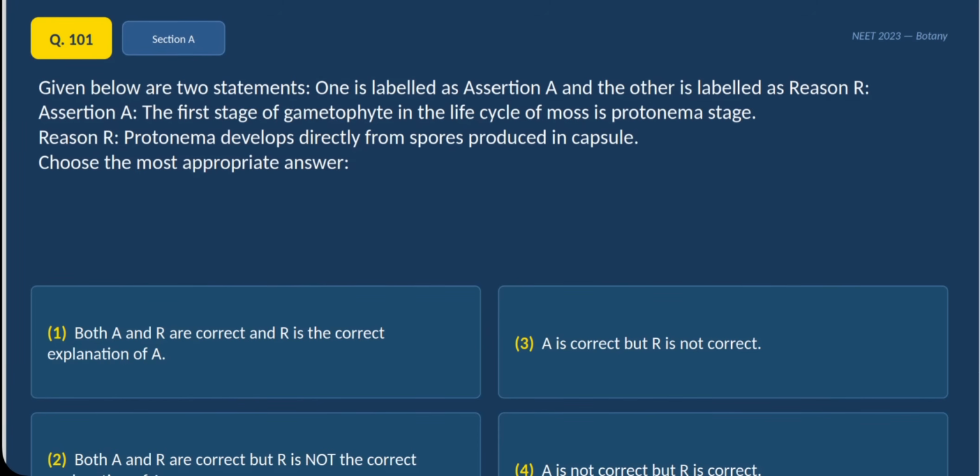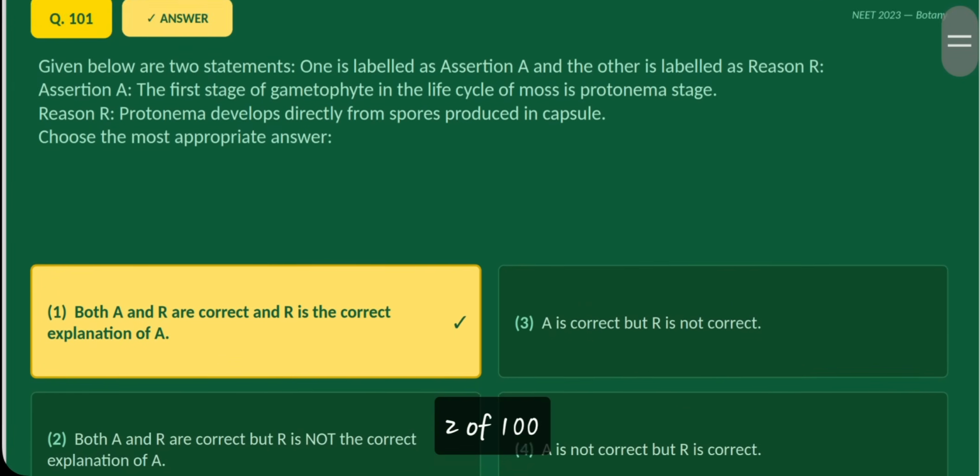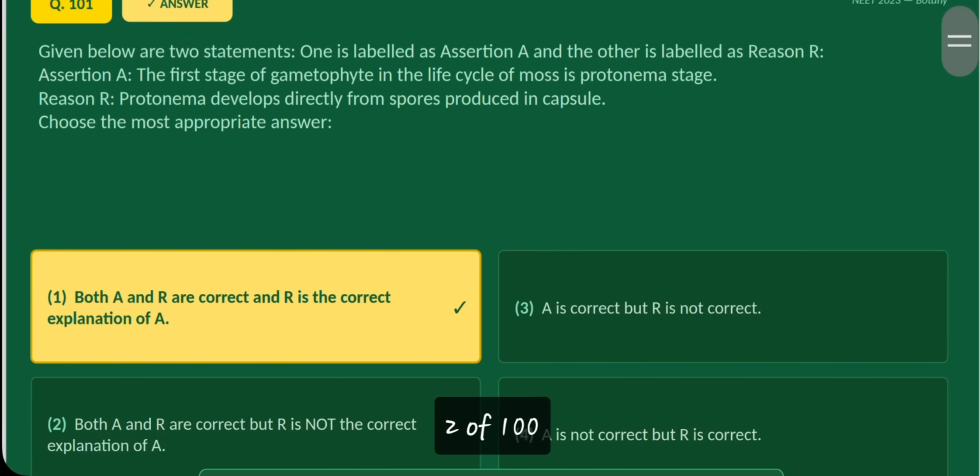So the first question is, given below are two statements. One is labeled as assertion and the other is labeled as reason. Assertion: the first stage of gametophyte in the life cycle of moss is protonema stage. Reason: protonema develops directly from spores produced in capsule. Moss is Bryopsida, so you should be knowing about it. So the answer for this would be both A and R are correct, and R is the correct explanation